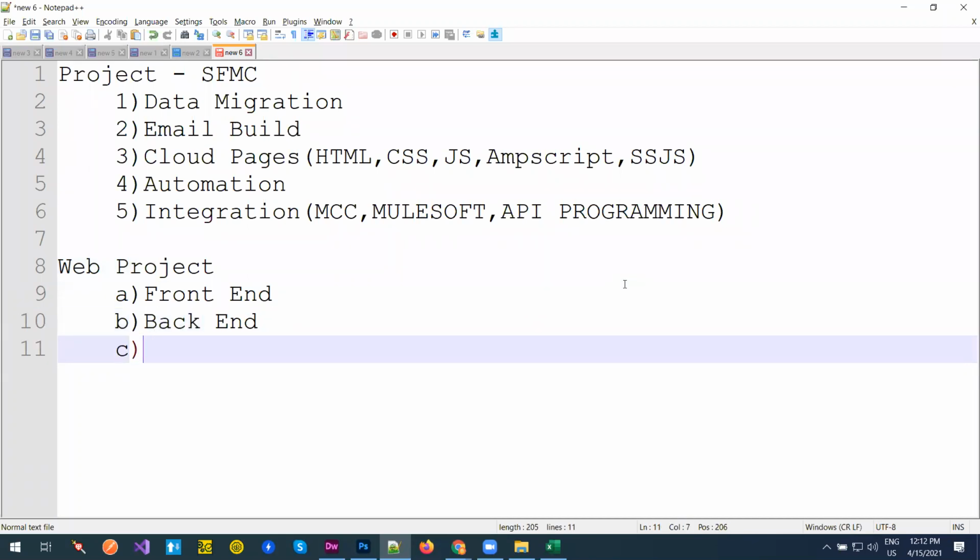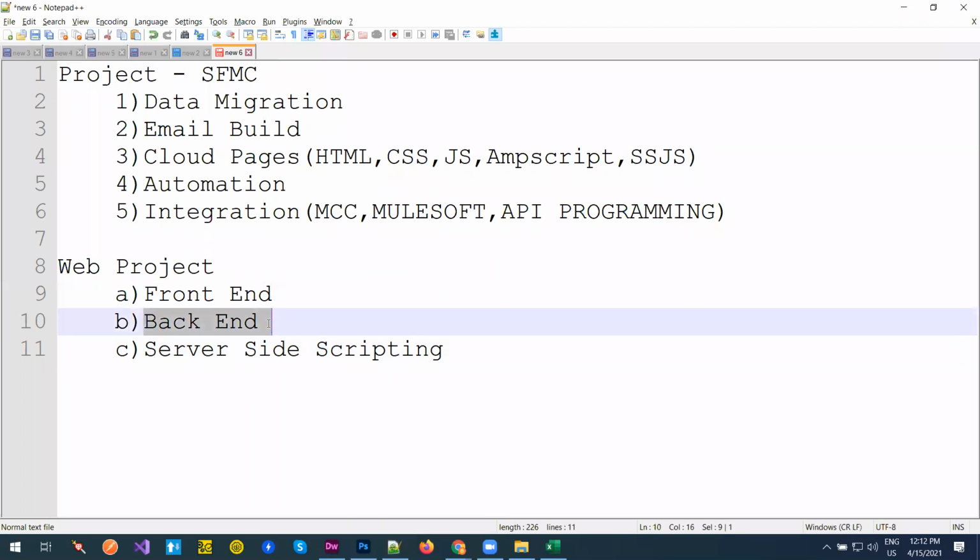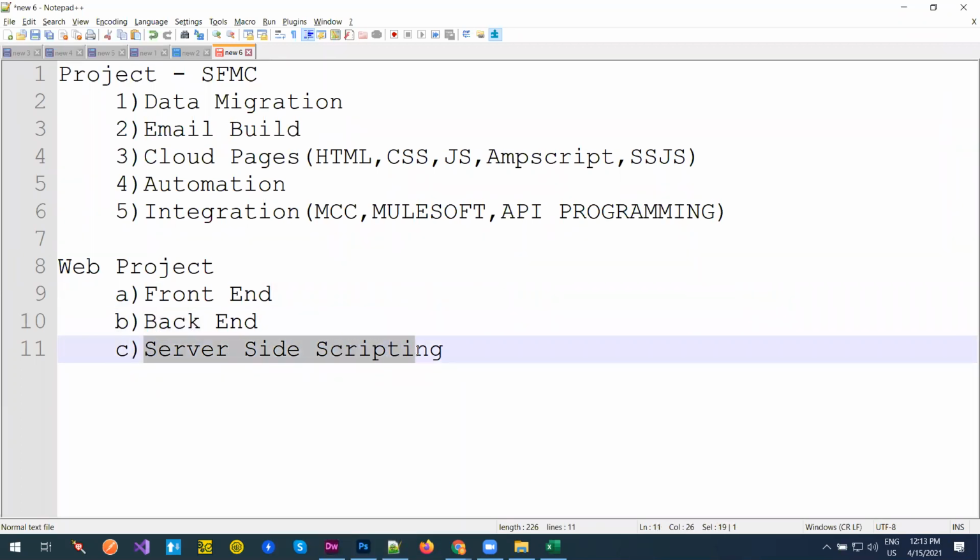You have server side scripting. If you take this as an example, front end is for the end user, back end is the database, server side scripting is the one which helps us to make the front end communicate with the back end. This is the general web project, no matter whichever technology you use.